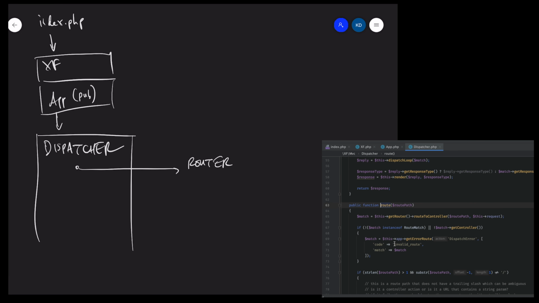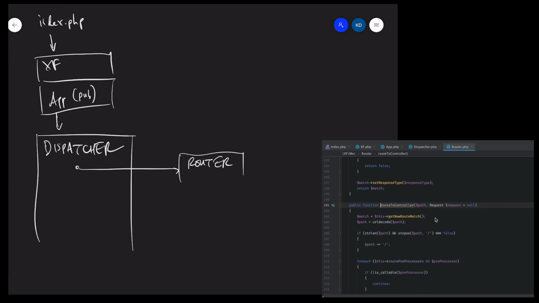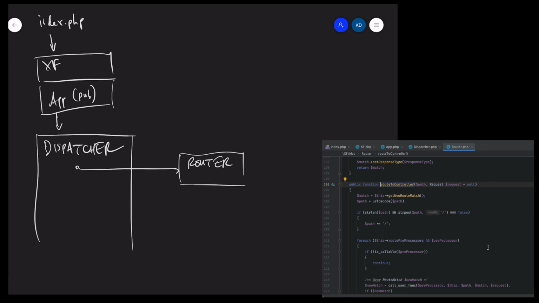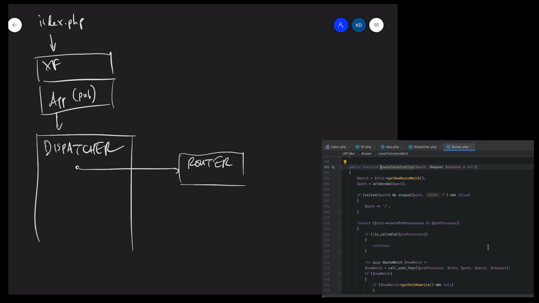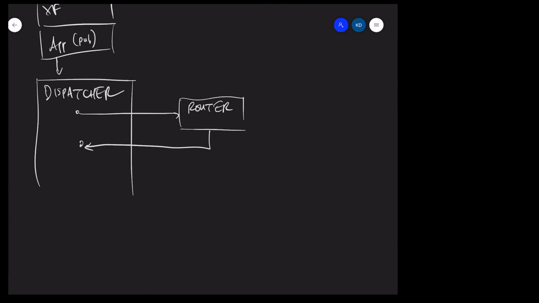which will compare the URL that it's received with the list of routes that correspond to the particular area you're in. So in this case, the public area will use only the public routes, and it will compare your URL to its list of routes to try and get a match for a particular URL type to a particular controller and an action. And once it's worked out which one it should be using, it'll hand that back into the dispatcher, which will then fire off a request to the correct controller.